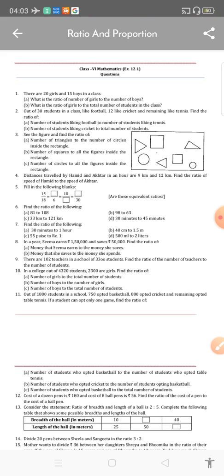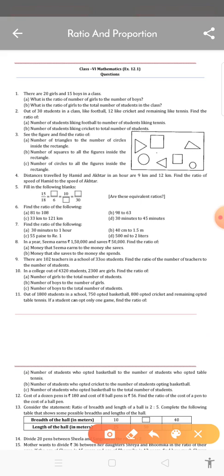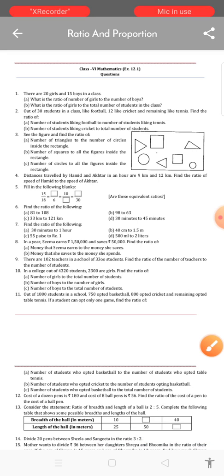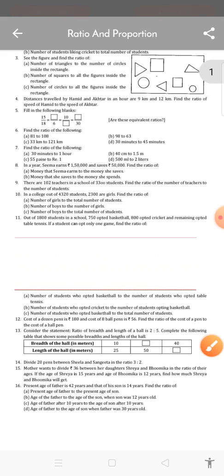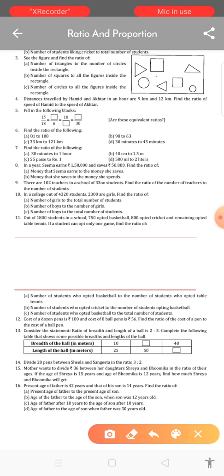Question number 12. In the previous video we solved questions 8, 9, 10 and 11. In this video we solve question number 12. Okay, so you can see here